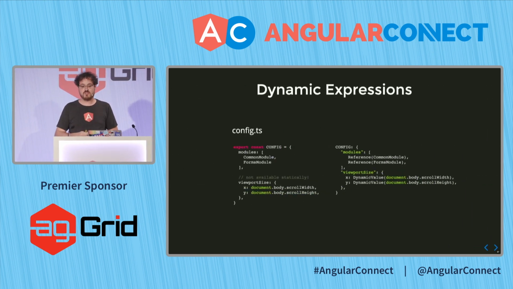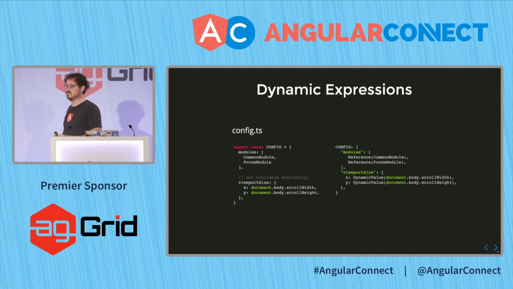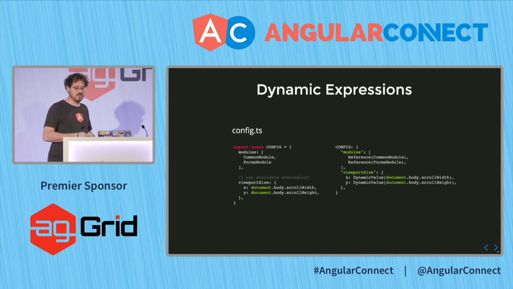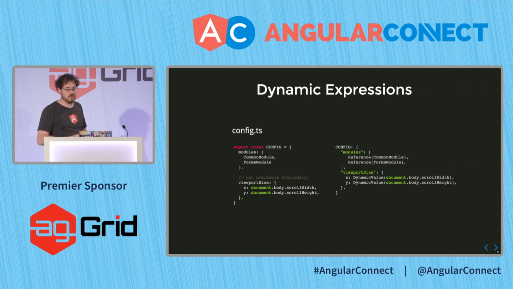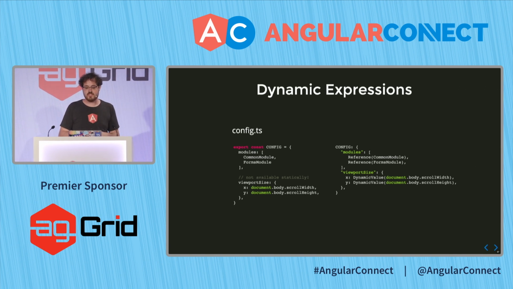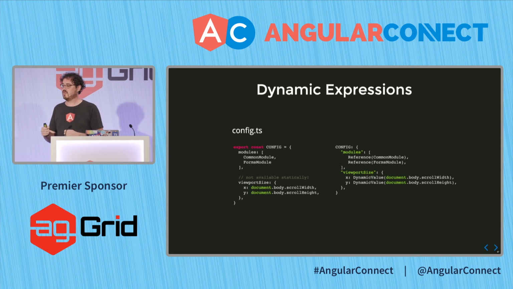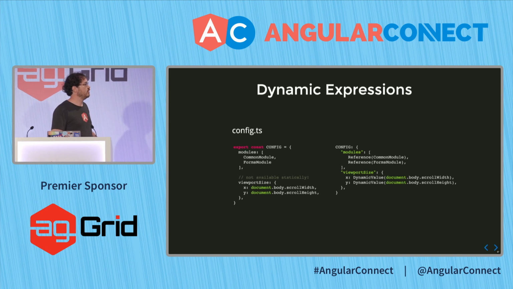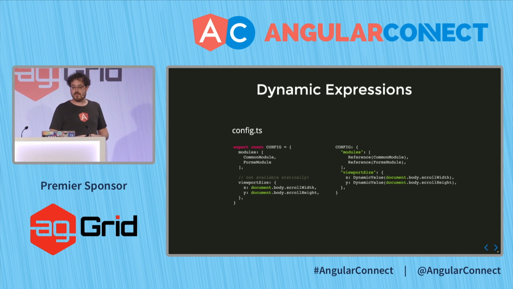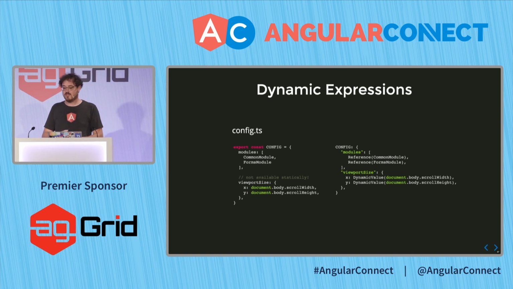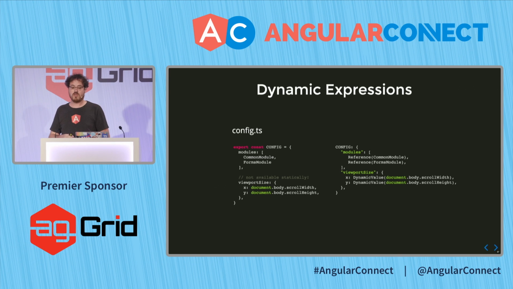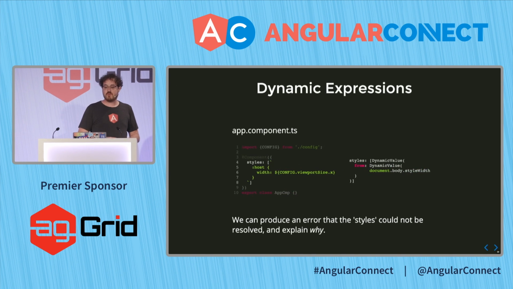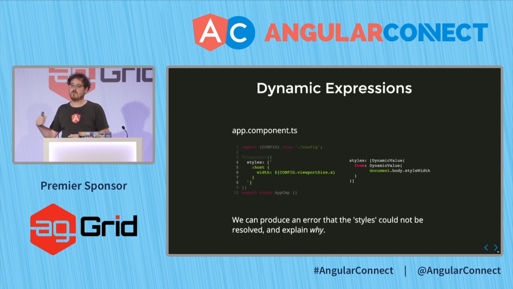And here's what we actually do for this case. We learn that config is an object with two properties, one of which is an array of modules, right? That we can understand. And the other is an object with two properties that we can't understand. And in this case, we return a special indicator type we call a dynamic value that indicates we reached an expression that we couldn't get past. We don't know how to evaluate document.body.scrollWidth. And this has two benefits. The first is that we can make use of the information we do know, right? We can still use the modules array anywhere we want to. And the second, we can give you a really nice error message and tell you when we encountered something we couldn't